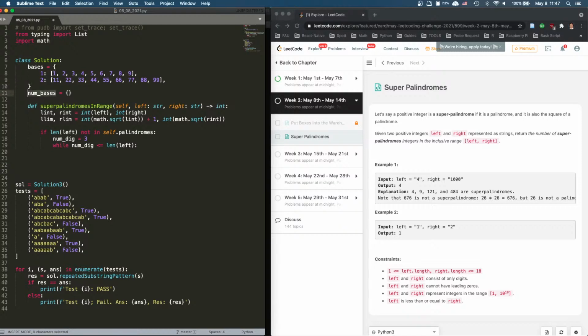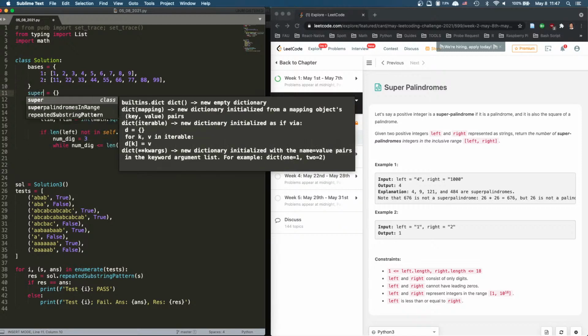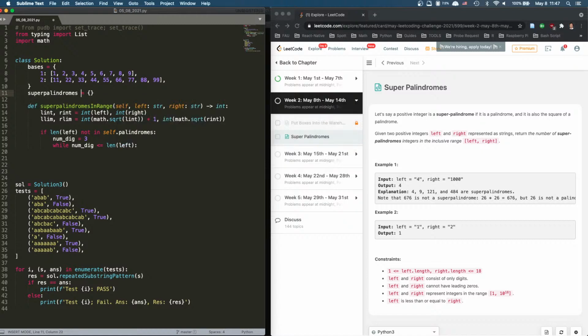And this is going to be super palindromes, right? So we have the base and we have the super palindromes. What we want to do now is, oh,